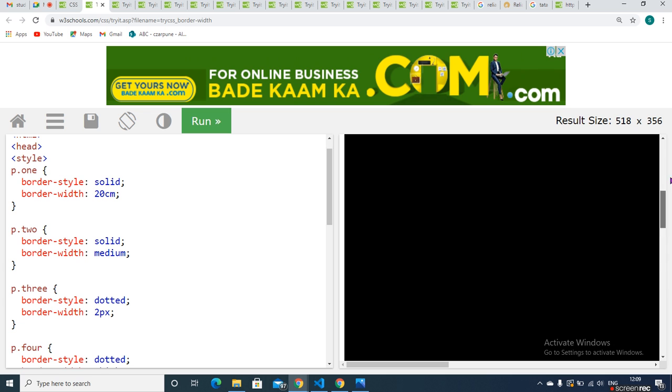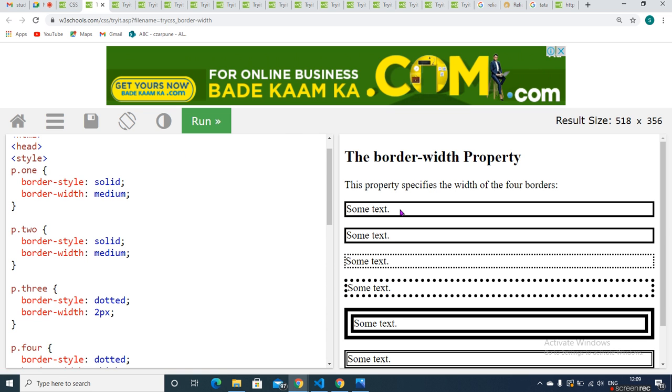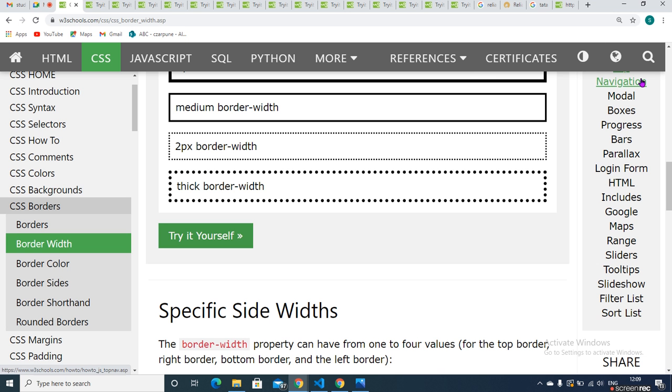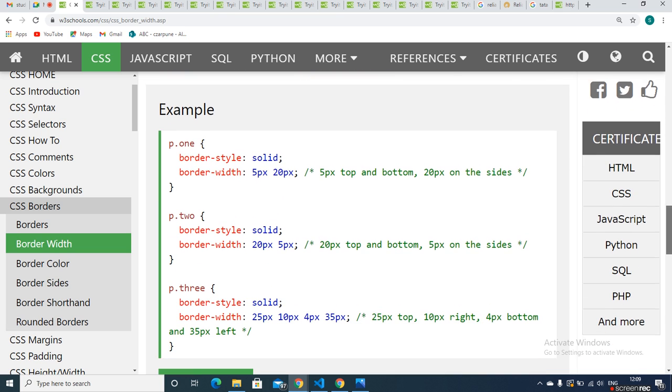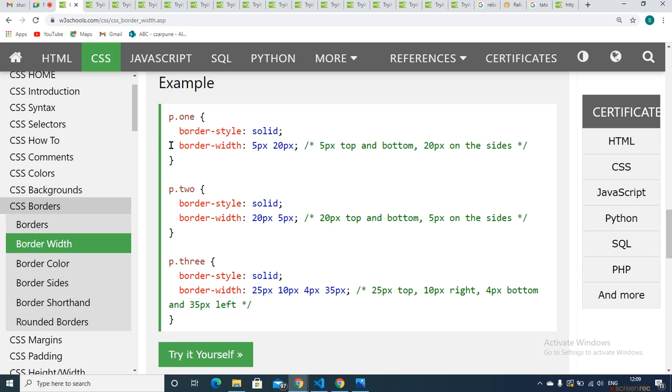While giving the border, make sure that you use either a value, or pixel, or centimeter. Using that you can set it, but generally the preferred units are pixel or percent while setting size in CSS. So here in a width, as you can see, in the same line, in shorthand, we use the